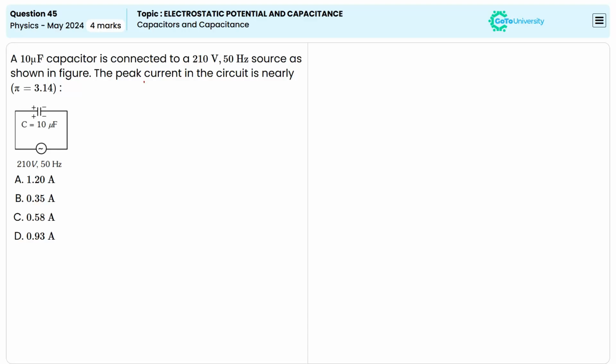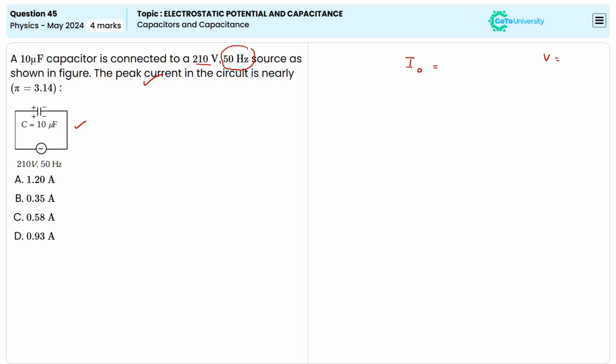What is the value of peak current in a circuit? It's given that the capacitor is connected with a 210-volt source which is having a 50 Hz frequency. It's known that the peak current, or else the maximum current, can be calculated using the formula Ohm's law, which